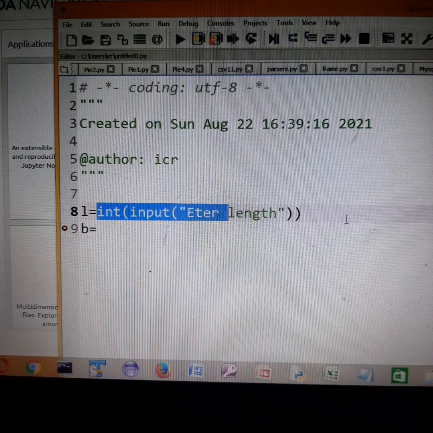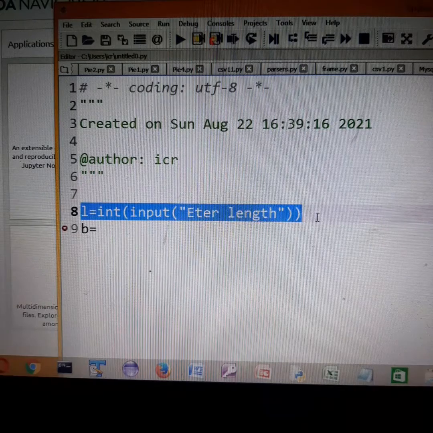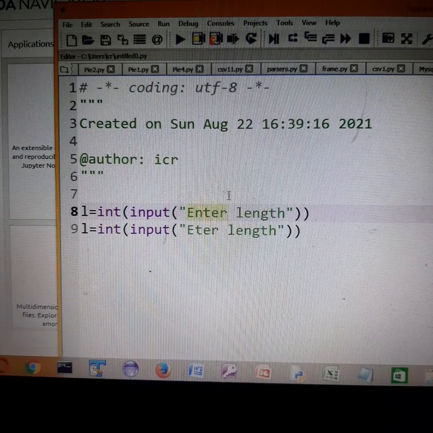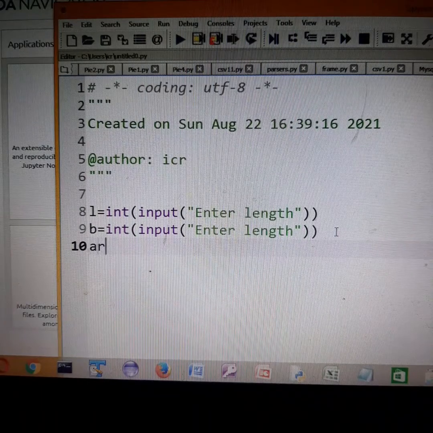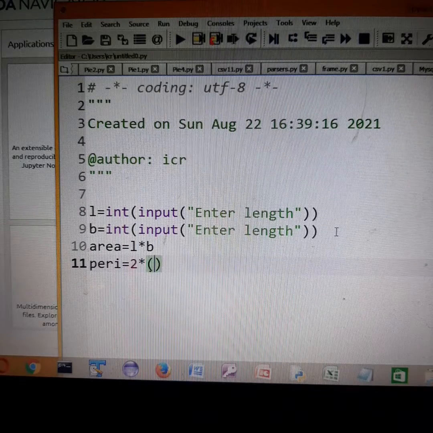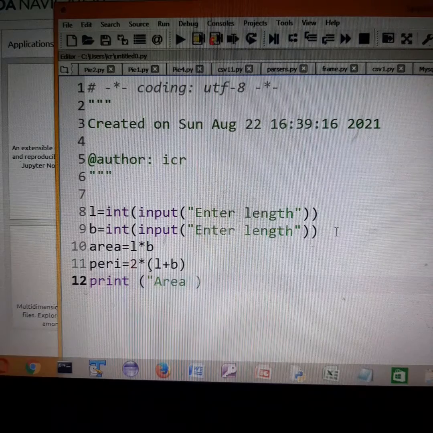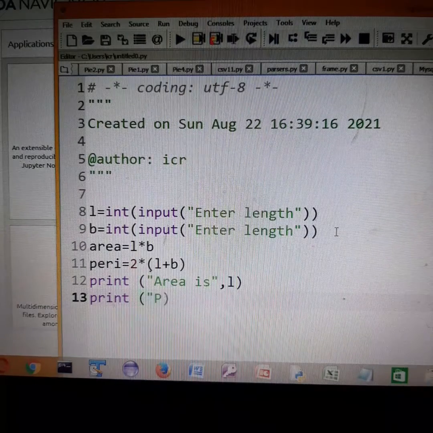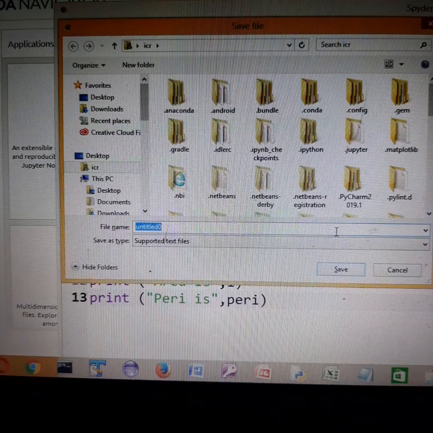Copy this itself. This can be saved separately.